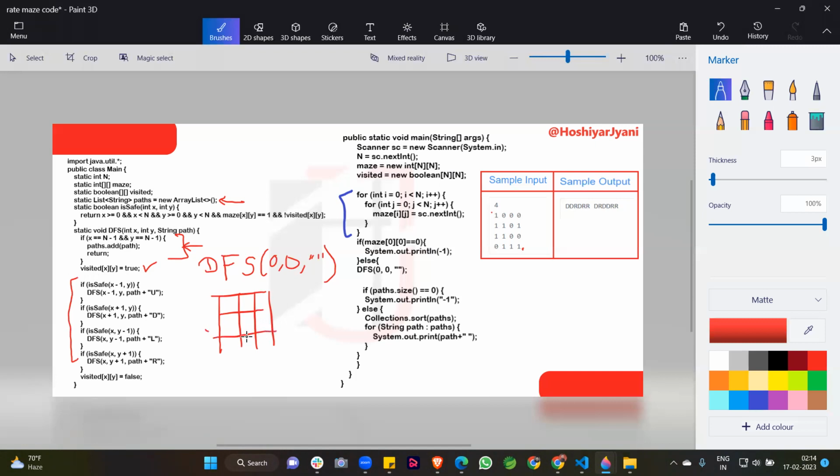See this function: it calls a function isSafe, which I am mentioning here. I will discuss it after some time. First of all, read this function isSafe. What I am doing here is, at the first time, I am at this position.